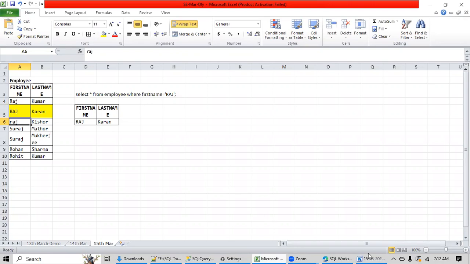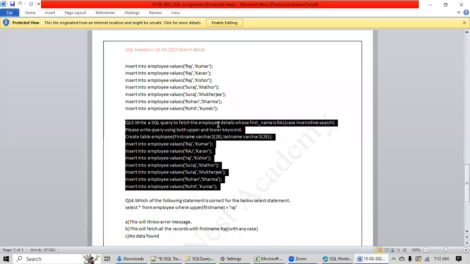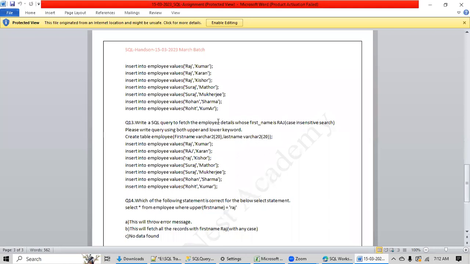Now, if you see in the question, it is clearly mentioned that you have to write a query to fetch the employees whose first name is Raj, case insensitive search. In the question, it is clearly mentioned that you have to do case insensitive search. Case insensitive search means,